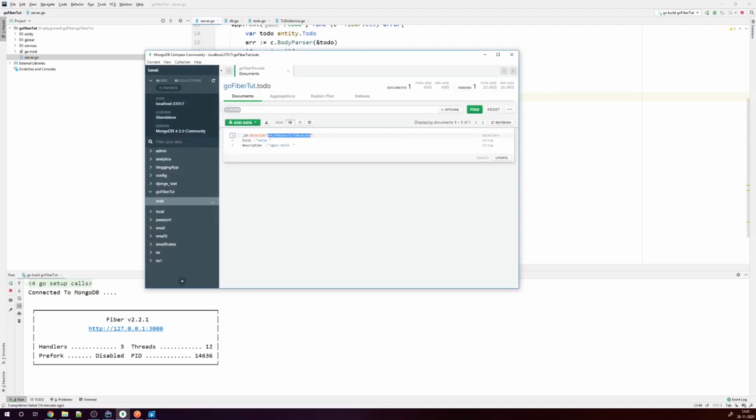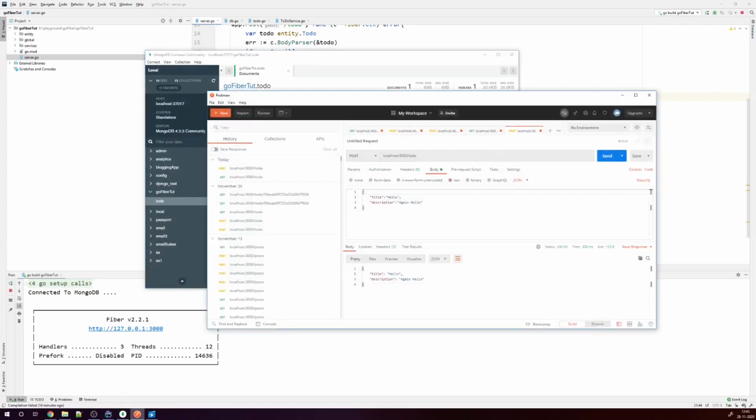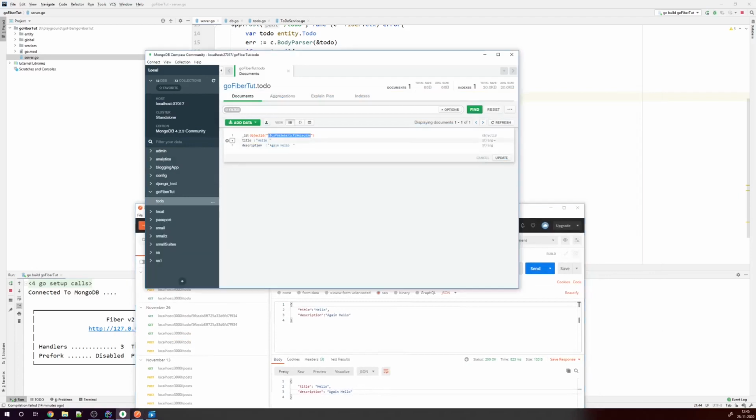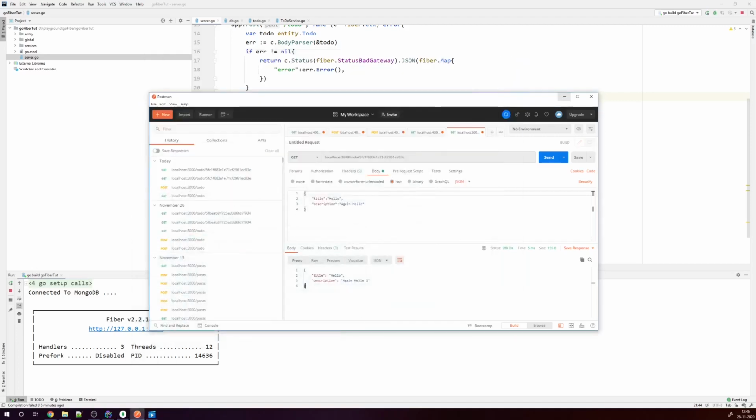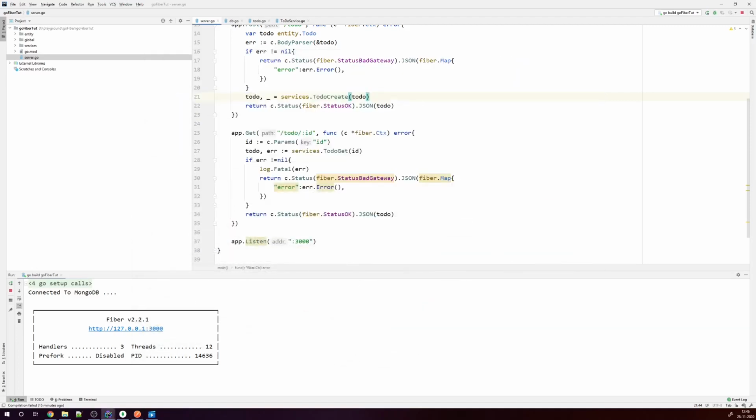I'm going to copy this. We are going to open Postman and we're going to say to-do, and we are going to get this. And as you can see, it did end up getting a hello and again hello. Let me change this data to be sure that we're getting this. Here we're going to say update, and we're going to rerun this again hello. So our create route is working, our get route is working, and now let us work on getting our